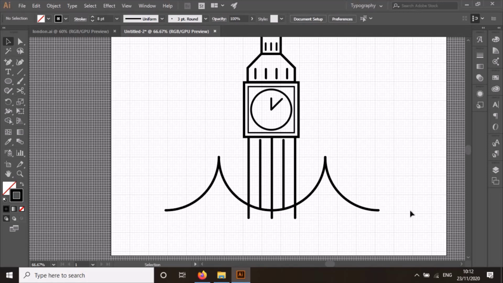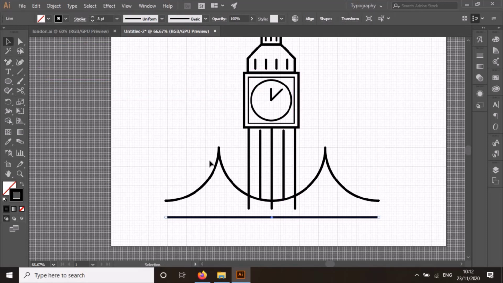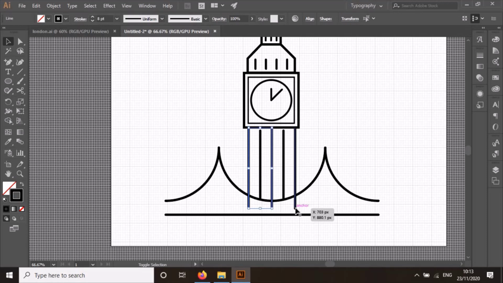So I'm going to select again line tool. I'm going to press the shift key so that I hold the line, and I'm going to go up to here, and it is the 8 points. And what I'm going to do is that I'm going to get above, and I'm going to extend these 3 lines so that they are joined over here. Perfect. Okay. Now I'm going to make the bridge lines under these ones,